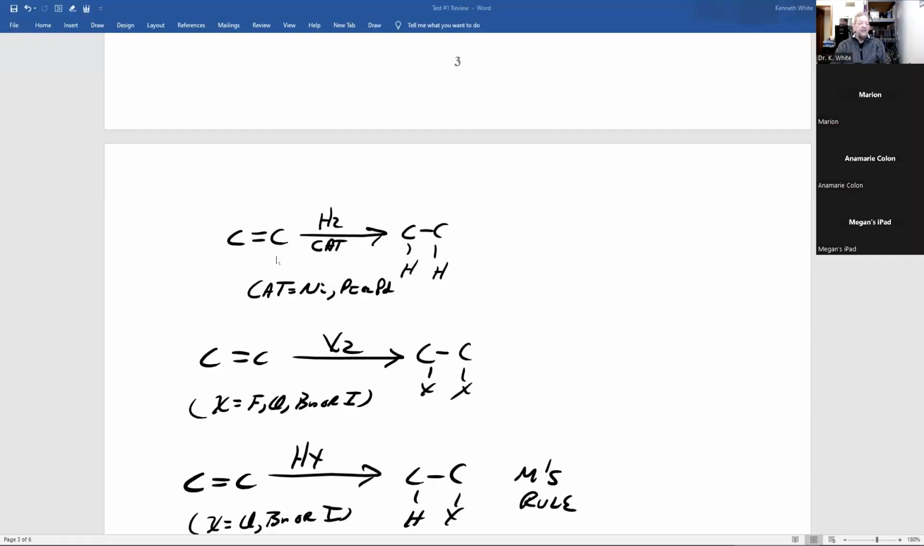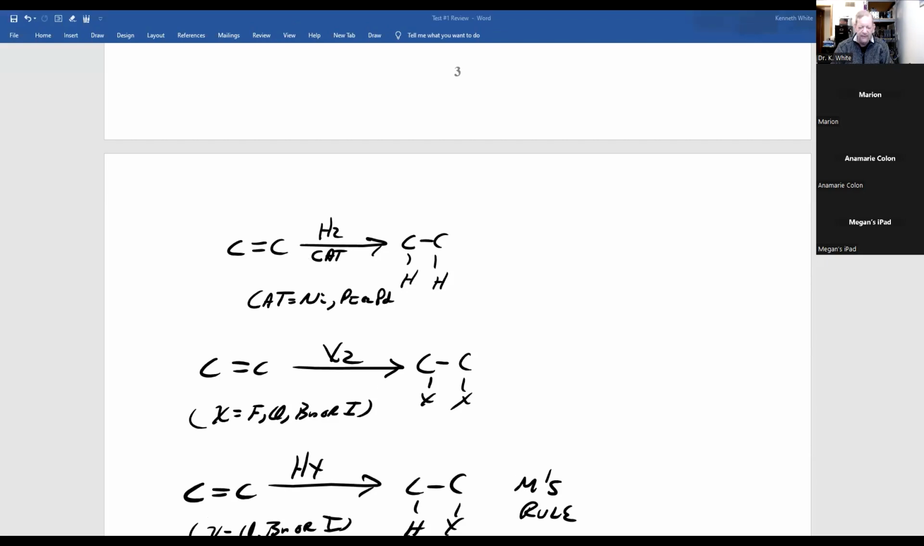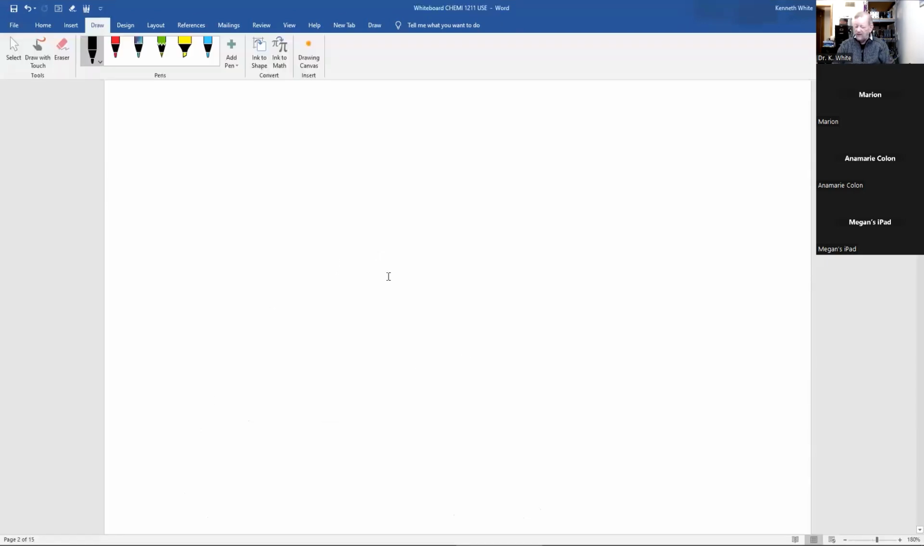So the first reaction to a double bond: you take a double bond and react it with hydrogen and a catalyst, and the catalyst can be nickel, platinum, or palladium. You break the pi bond, and each carbon of the double bond gets a hydrogen. And what that means,